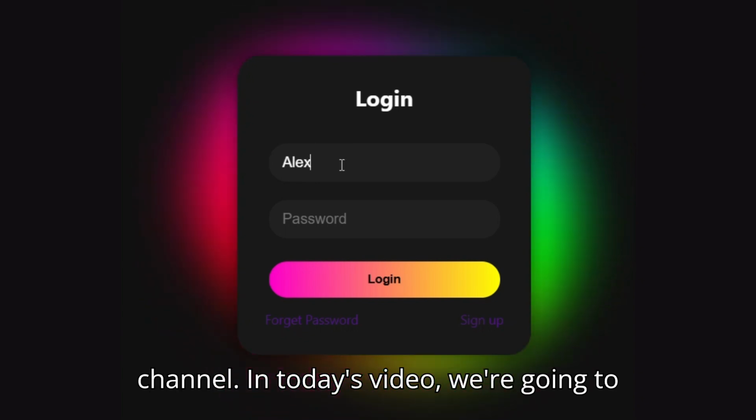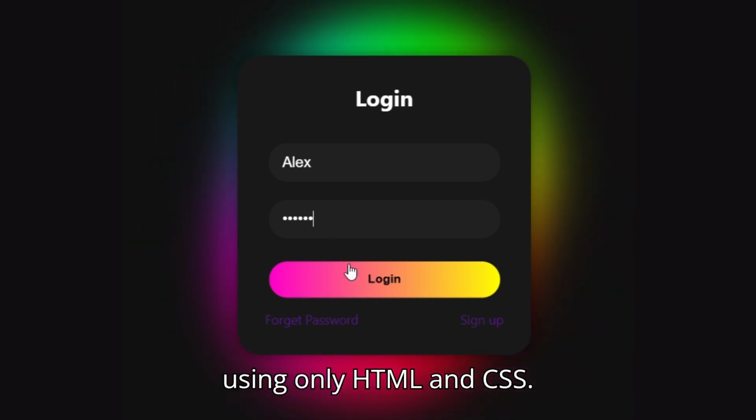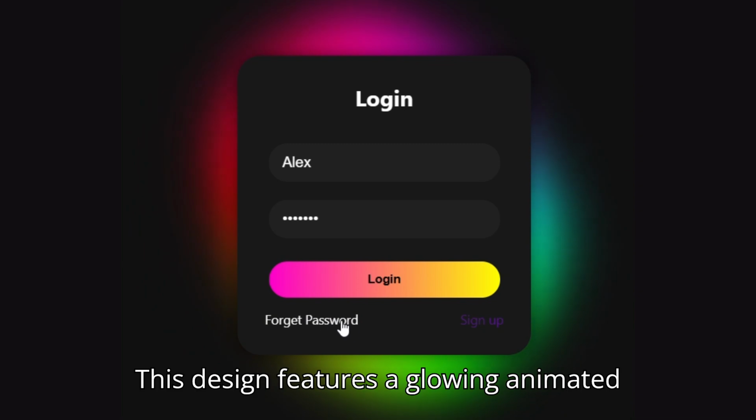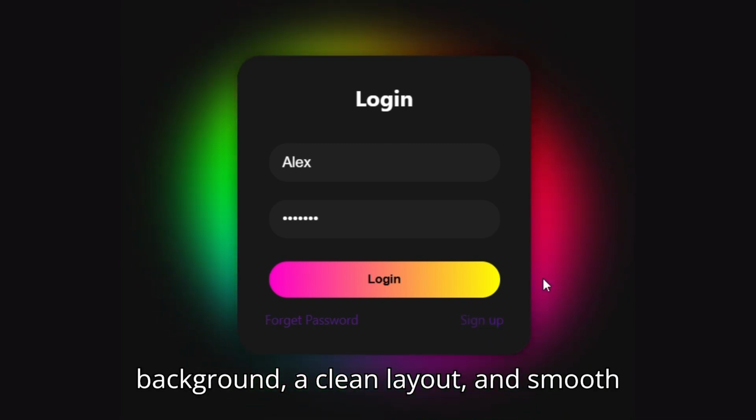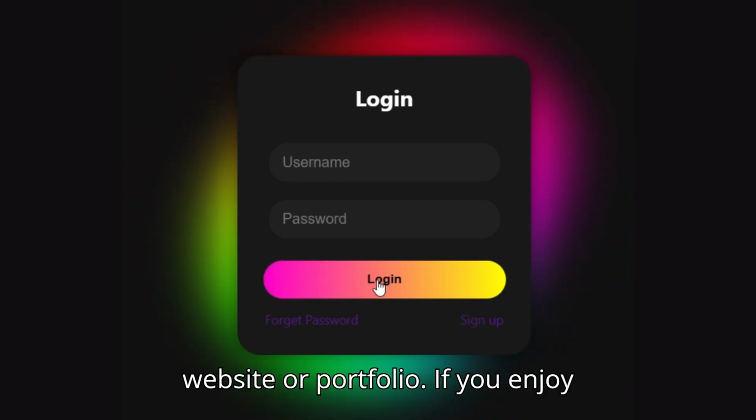In today's video, we're going to create a really stylish neon login form using only HTML and CSS. This design features a glowing animated background, a clean layout, and smooth hover effects, perfect for any modern website or